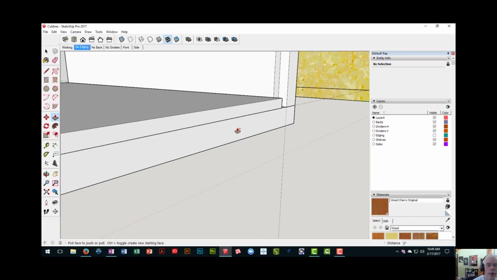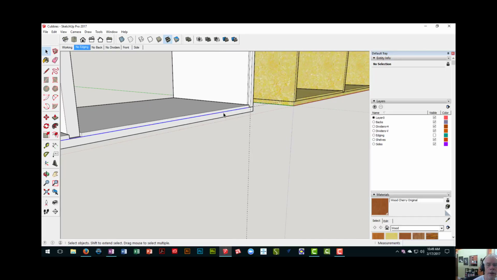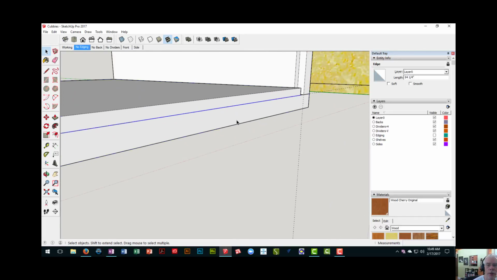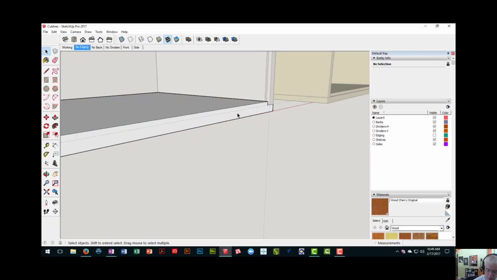I did not open this bottom component. So I go to push-pull, and it displays a little circle slash. So I just drew a line right here on top of this component. Not inside it, on top of it. So I'm going to delete that line,